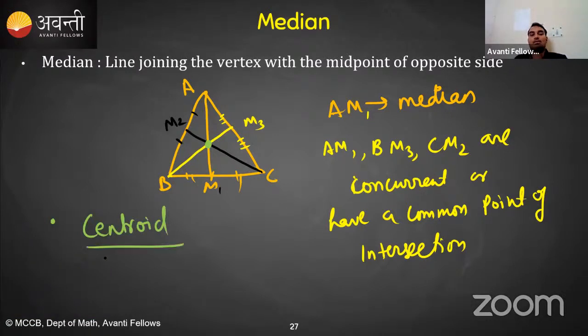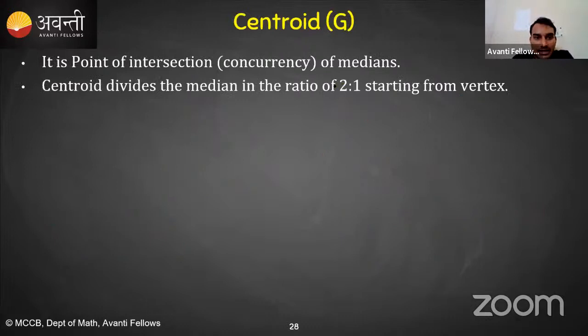Everything is clear. Median is clear, and the point of intersection is known as centroid. So I have written this here only. What is centroid? Point of concurrency of medians. And one more interesting property is that